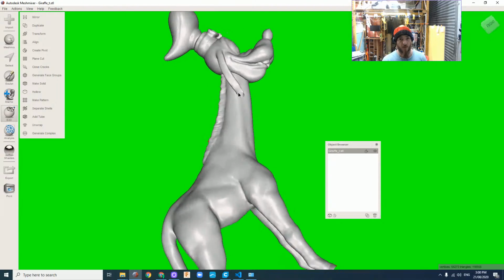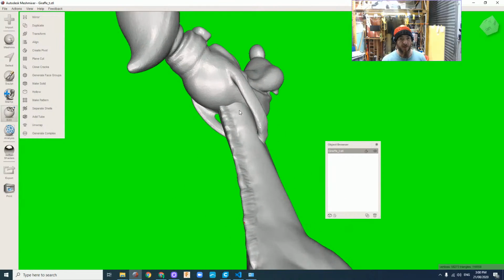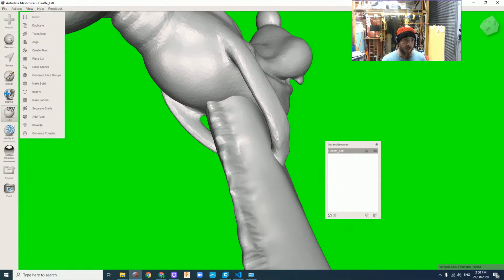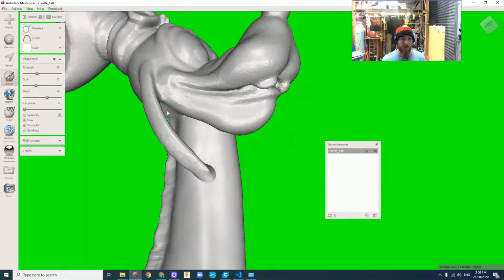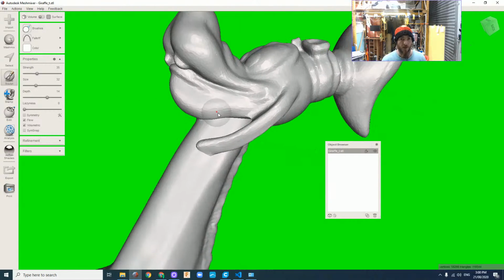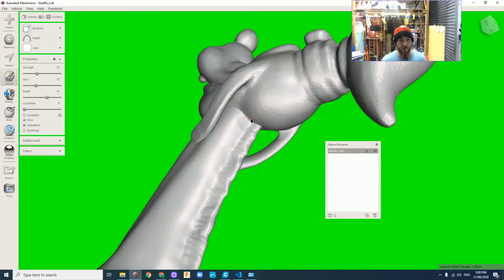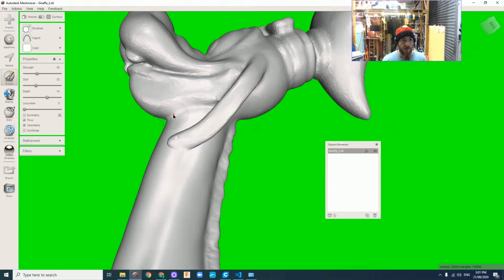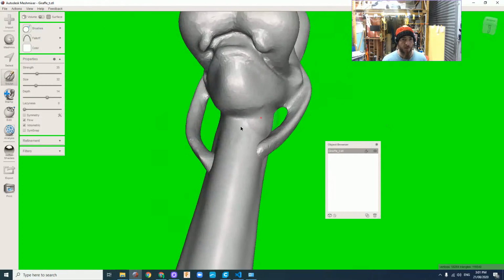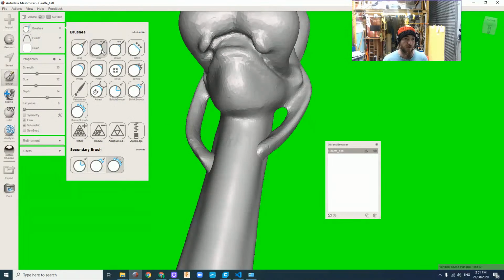Now we have one body that is the two bodies joined together, but it looks a bit clunky in this joint. So I'm going to go for that sculpt tool again, and this time I'm probably going to try the strings. Maybe that'll work pretty well. I might try the other tools as well. I'm just going to give that a bit of a tuck in like that. Now there's actually another tool called Draw, which I'm going to